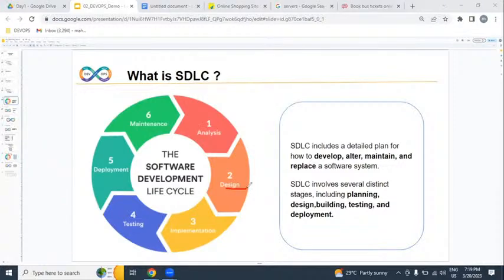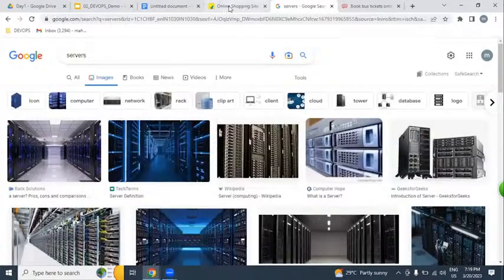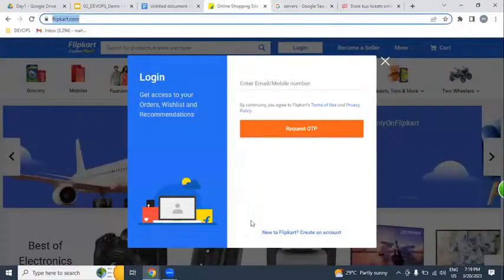Design is nothing but a plan. According to the plan, our developers will write lines of code by using Java, .NET, Python, any programming language. Once it is written, whether the software is working or not, we are going to be verifying by testers. Once it is verified, we are going to be placing it on hundreds of servers, which we call deployment. Once our applications are placed on hundreds of servers, we can access them over the internet as a